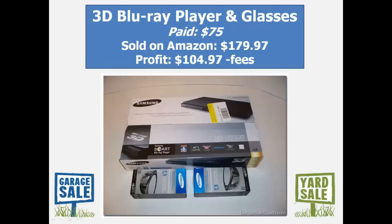This one was a brand new Blu-ray, I think a 3D Blu-ray player with the 3D glasses, and they were all still new. So it took some haggling on this one. They were at like $100, I think, and I didn't really want to pay that much. So I looked it up on Amazon to see how much they were selling for, and I think I even double checked on eBay. So I ended up paying $75, and I sold the Blu-ray player by itself on Amazon,